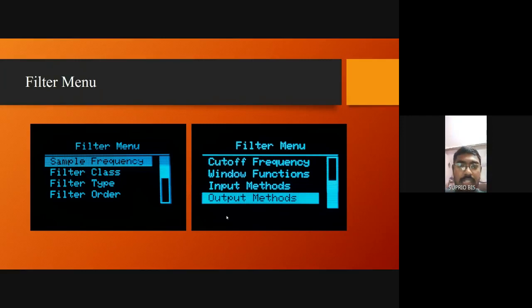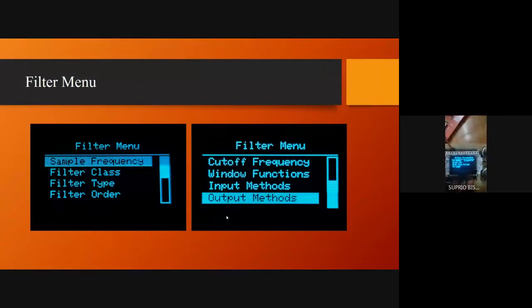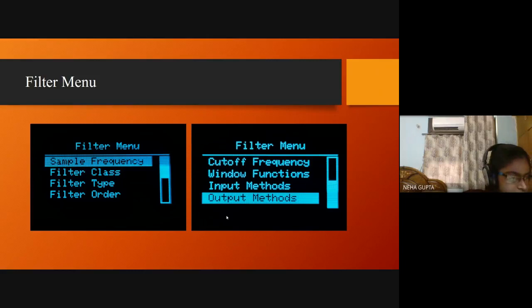So just switch the camera. Yeah. This is the menu which I have shown earlier. Now it is saying that Fs is 20,000 hertz. The filter is a high pass filter, and the cutoff is 1000. Next I will give the input from the phone to the mic setup. Just loading.